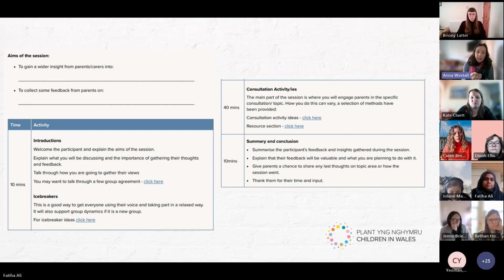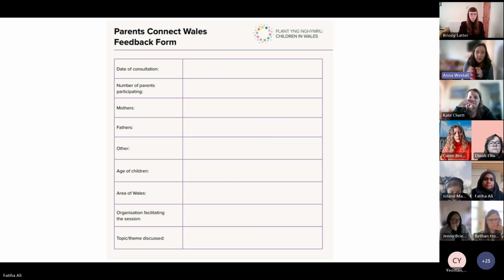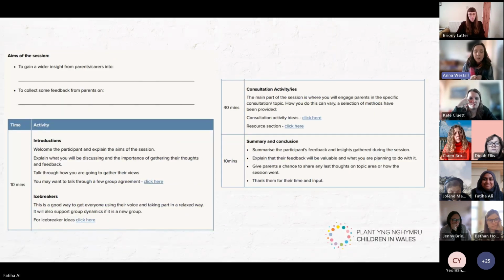And what we've also done is through each part, as you can see, there are clickable links. Sorry, go back, I haven't finished on that one yet. There are clickable links on each part where we've spoken about things. So if we mention, it would be really good to maybe think about a group agreement or decide on doing icebreakers, what we've done is given you a link to where that is in the toolkit. So we try to make it as usable as possible. If you're using it digitally, you can click on the link and it will take you to the page that we're referring to. So hopefully that will be useful if you're using it in a digital format.